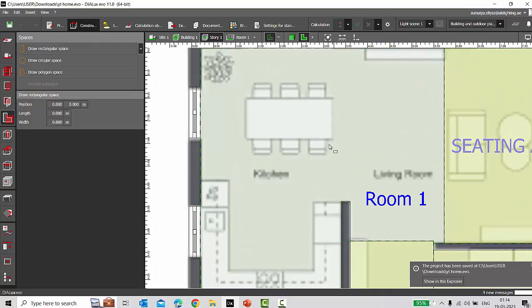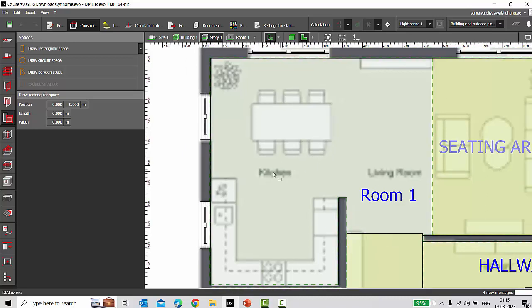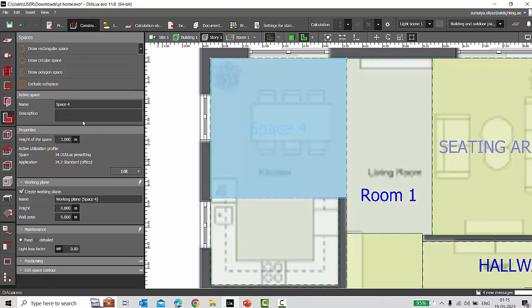So for the dining, you can draw the space or you can directly place a calculation object, but since we are discussing spaces, let's discuss how to draw a dining hall space. Okay, this area will be under dining. Let me draw the rectangle, name it as